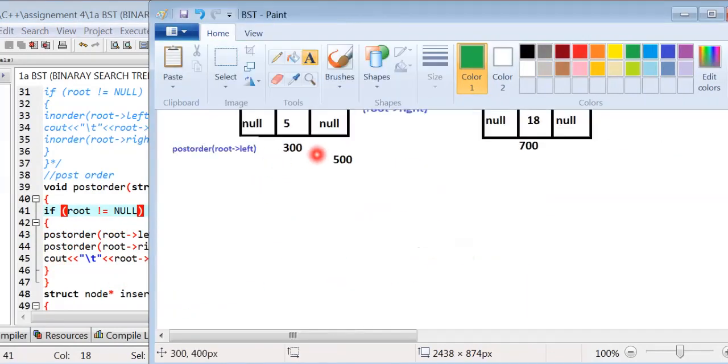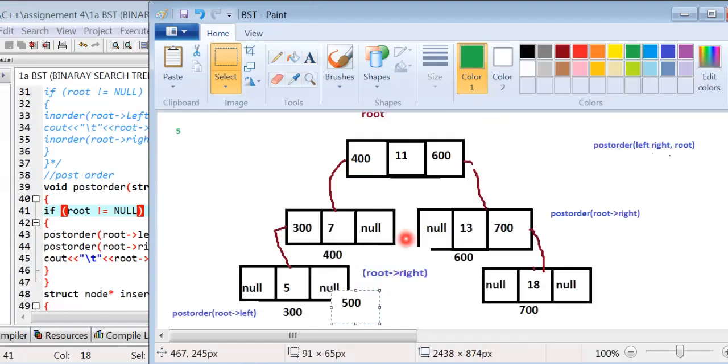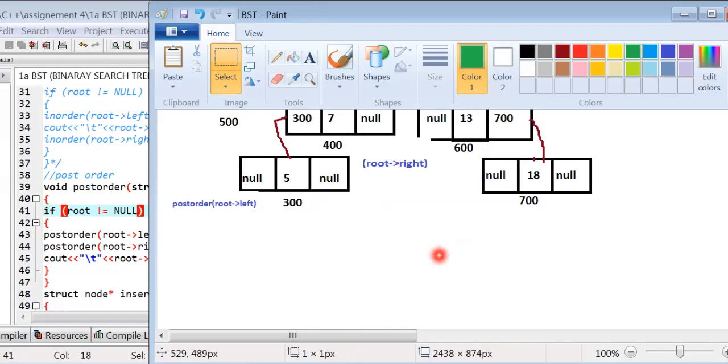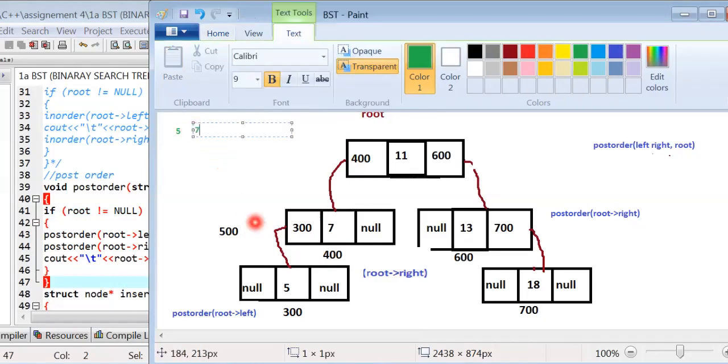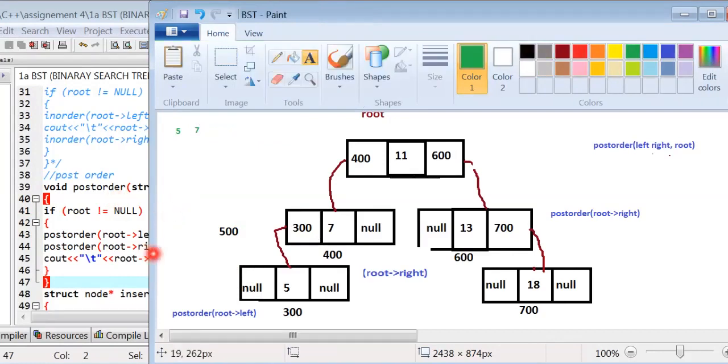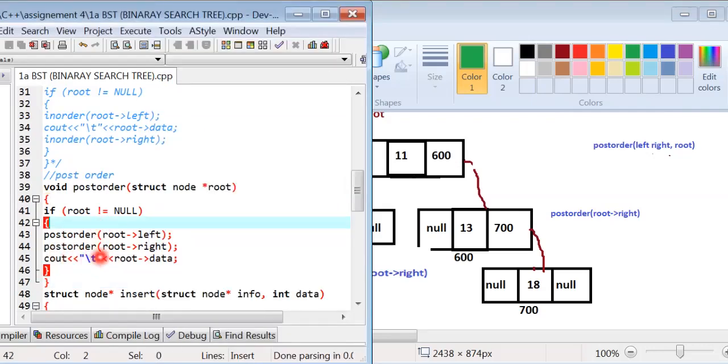Root points to this node. Now the data part is 7, and 7 is displayed.